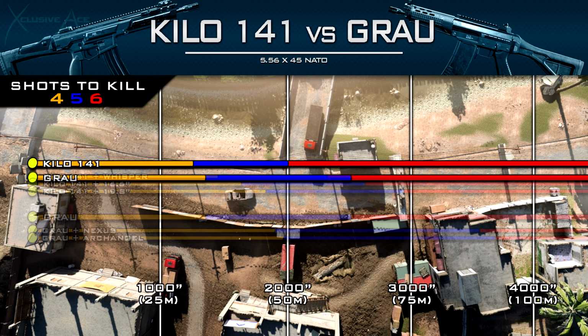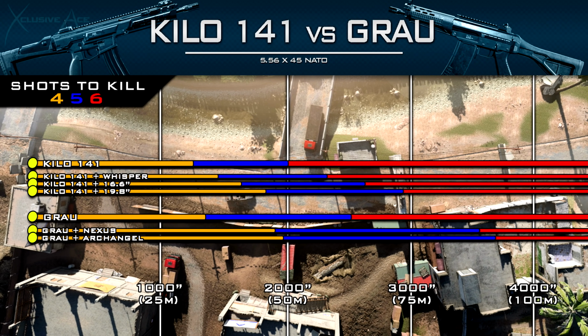But let's see what the barrels do to this. With the Kilo, we could use the Whisper barrel, which has an integrated suppressor, and that increases our ranges by 15%, which a lot of people didn't realize. Not a massive increase, but it is nice to know that it's there. Then our second barrel, the 16.6-inch barrel, this gives us a 30% increase to our ranges, which is great. But finally, we have the 19.8-inch barrel, which gives us a 45% boost to our range, which is huge, and